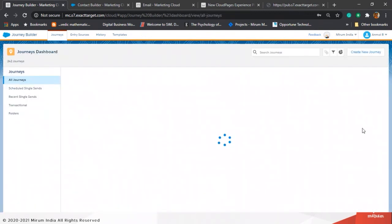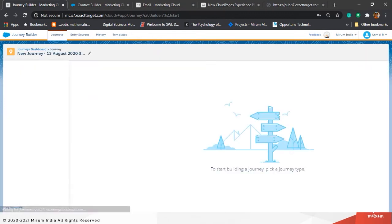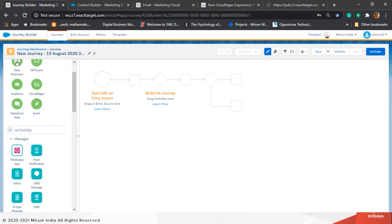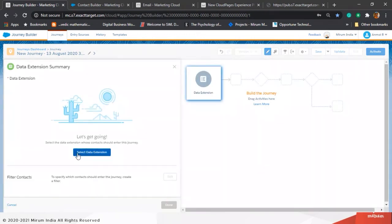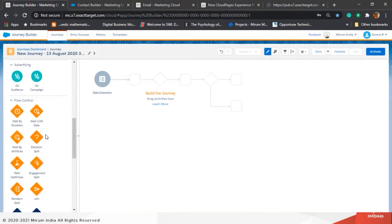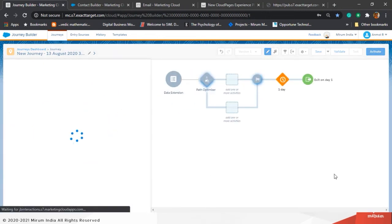So let's create another journey, which is my A/B test. For A/B test, I take a data extension as my entry source. I select a data extension, and then there's a tile called Path Optimizer. Now, what does Path Optimizer do? I can actually configure Path Optimizer